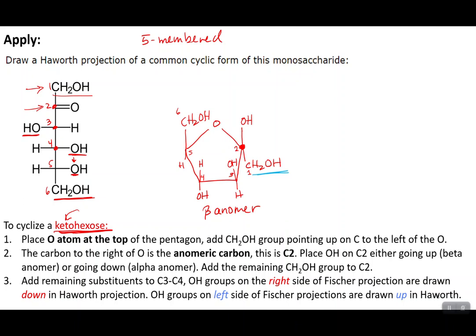In another video, we're going to go ahead and start with these Haworth projections in order to form disaccharides. And so we're going to look at the formation reactions using these cyclic structures. And then we're going to look at their hydrolysis reactions. And we will learn about a new functional group then, which is going to be the acetal. In this video, we learned about the hemiacetal. Then we are going to learn about a